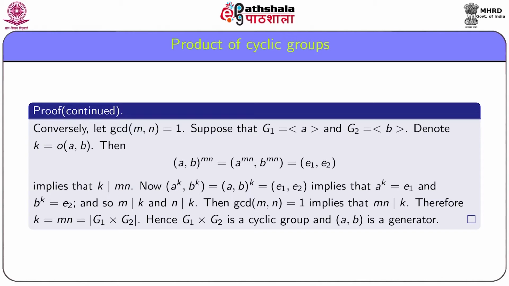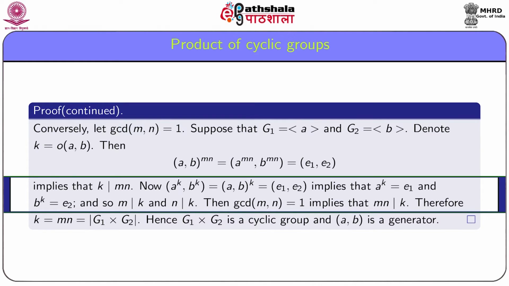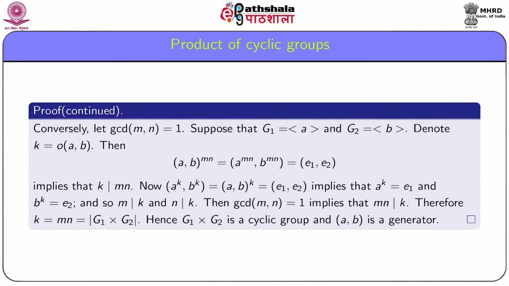Since the order of (a, b) is denoted by k, it follows that k divides mn. Now, we show that mn divides k. For this, (a^k, b^k) is equal to the pair (a, b) to the power k. Since the order of (a, b) is k, this is equal to the identity element (e1, e2) of